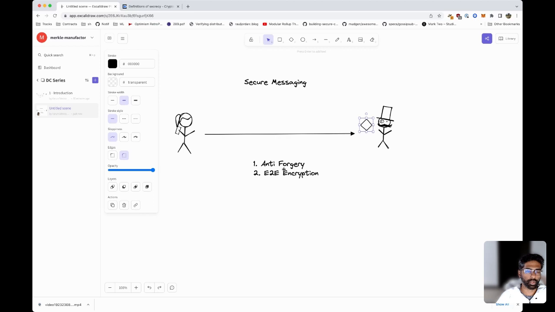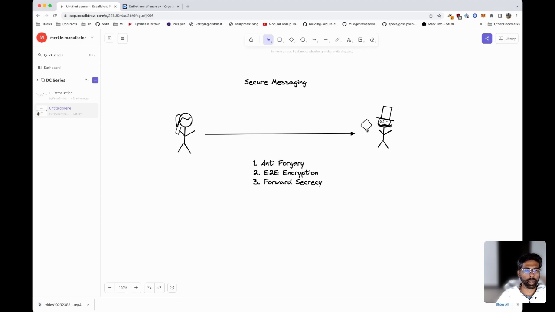So end-to-end encryption ensures that as long as nobody knows the secret that Alice and Bob share, nobody's able to read the messages that are in flight between Alice and Bob. Now we'll get to some of the more interesting properties. There's another property that we care about called forward secrecy. What forward secrecy means is that if the secret between Alice and Bob is compromised, a user can't use it to read all future messages produced by Alice and Bob.